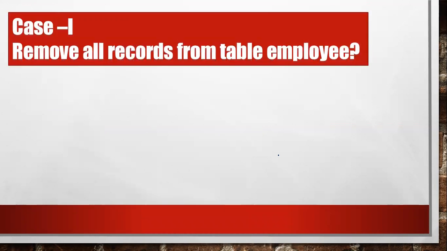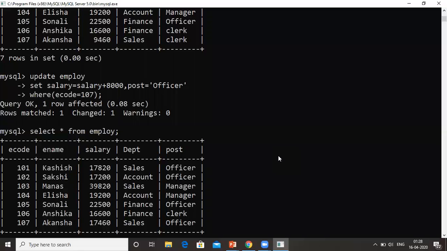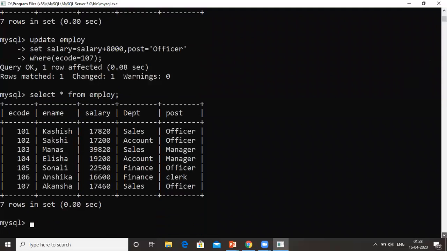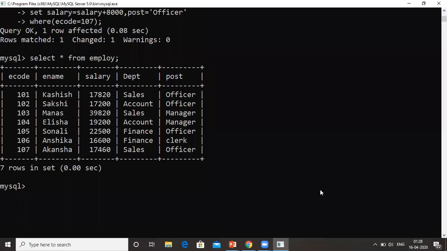The first case is: remove all records from the table employee. So we have to remove all records from the table employee. Let's do one thing. I simply create a table just to test our commands.